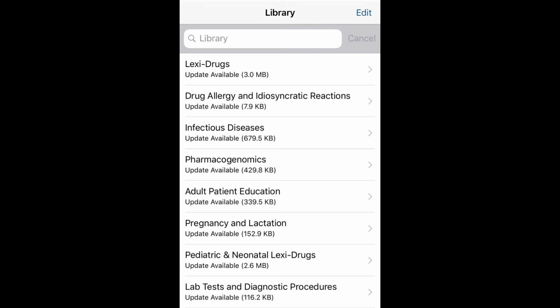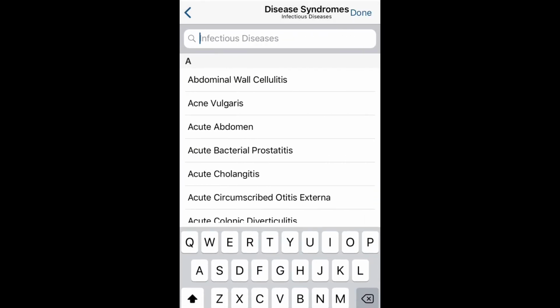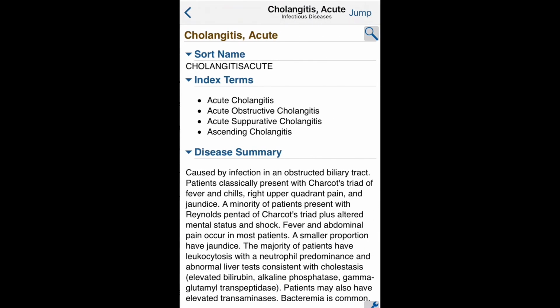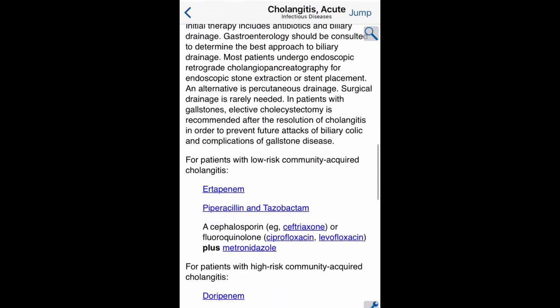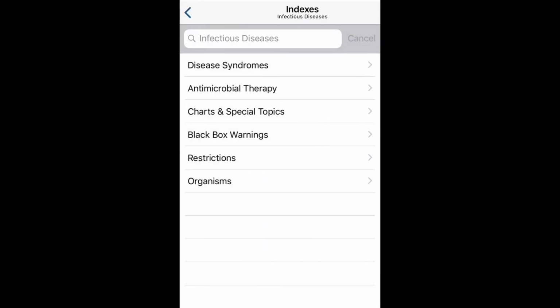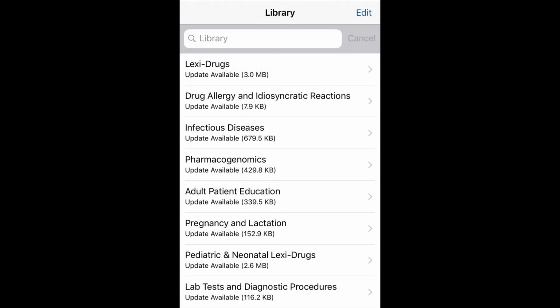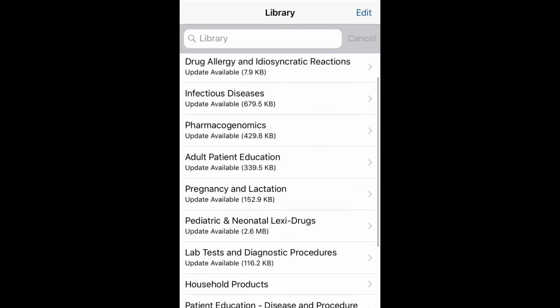Another section that I really like is the infectious disease section. You can go through disease syndromes and look at different diseases, and it'll give you a summary, likely pathogens, and drug treatment therapy overview. Another section that this app has that a lot don't have is the pharmacogenomics section, which helps guide you with genes and treatments depending on